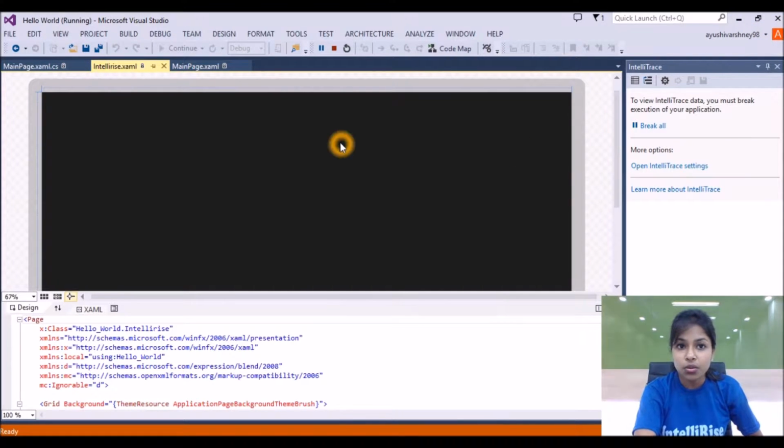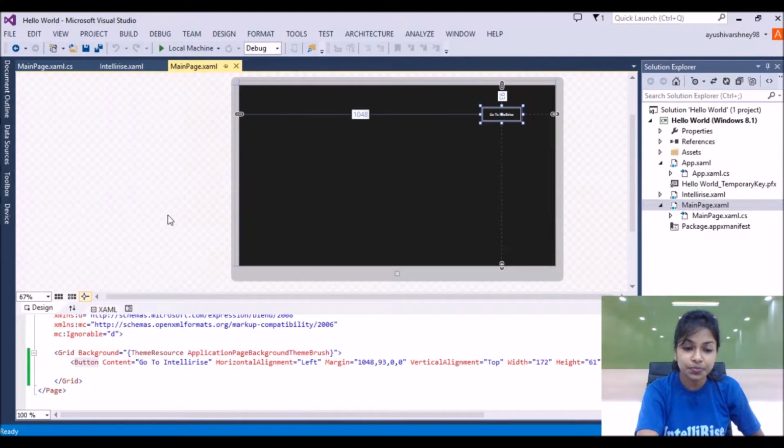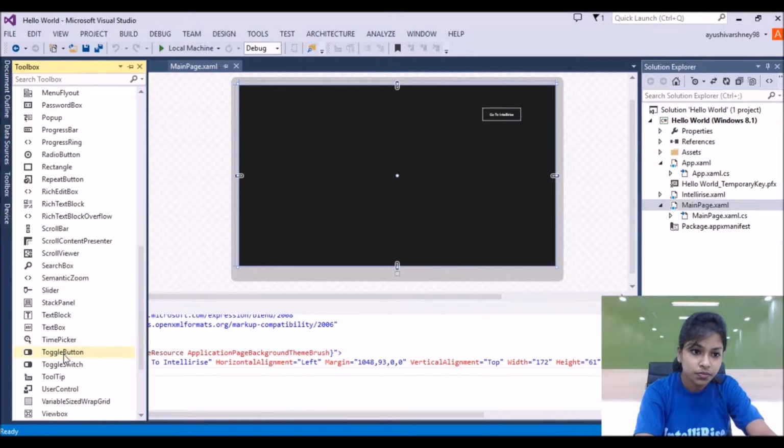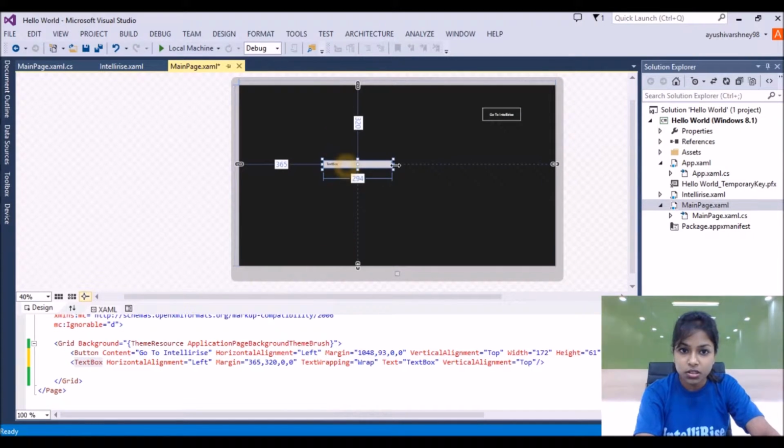Now let's see how to navigate the data from one page to another. First of all, let's design our UI part in the main page. For that, suppose I'm adding two text boxes from this toolbox. Here I'll add this, and suppose I want this much height and width.